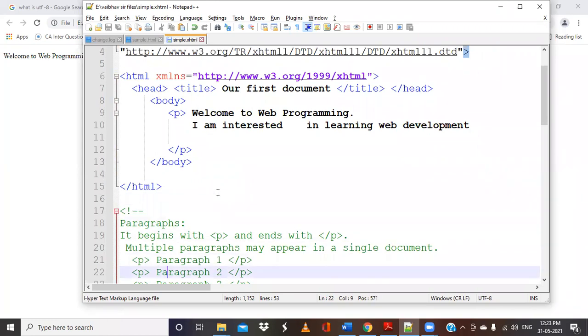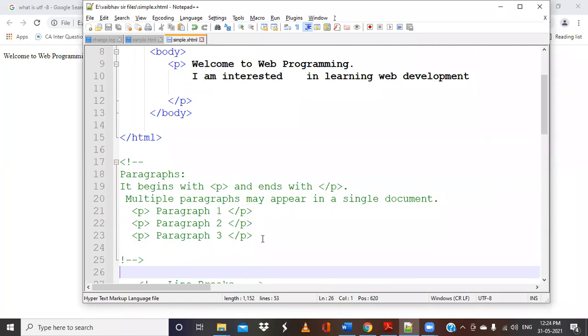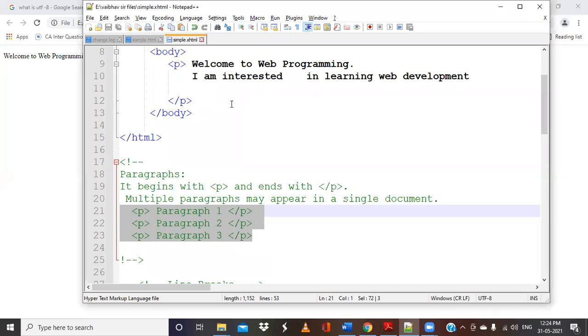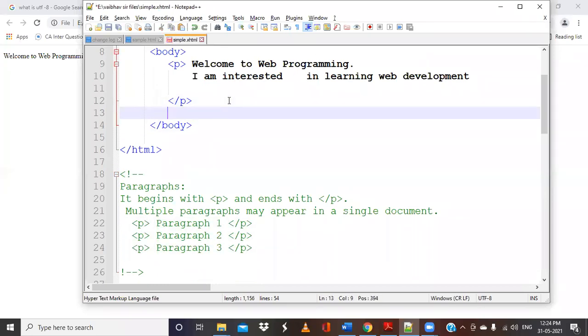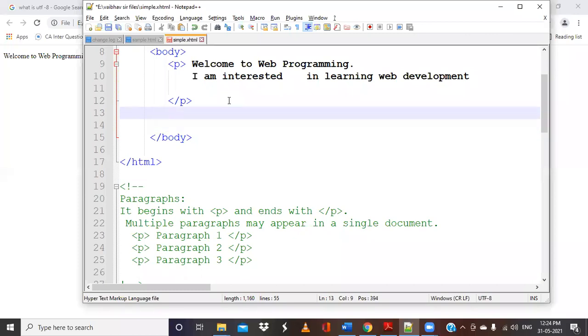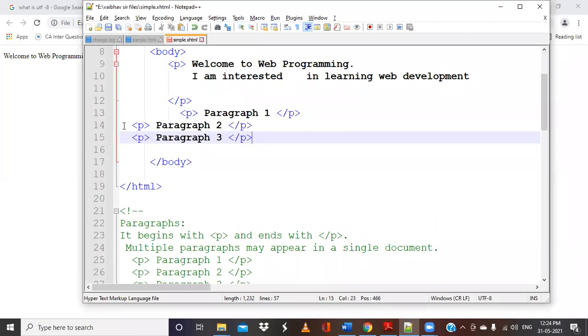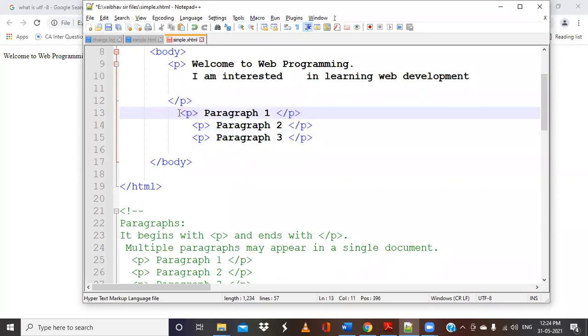So I will take a simple example. I will put it into this. So if I take this paragraph tag, let me have proper indentation.